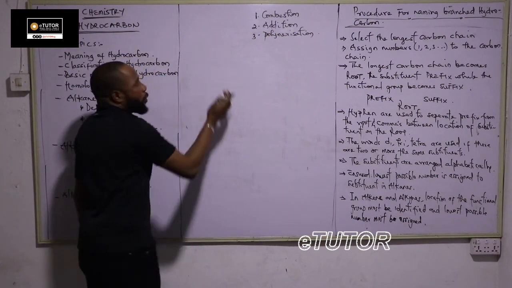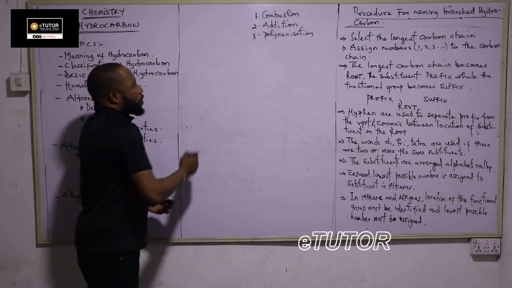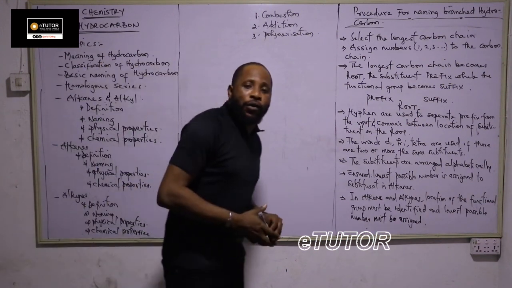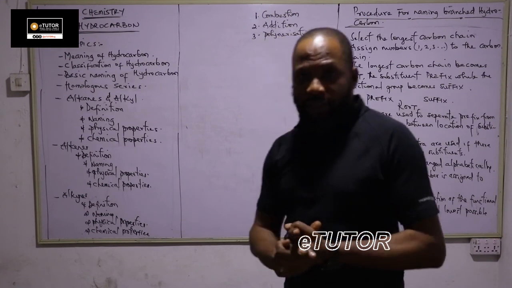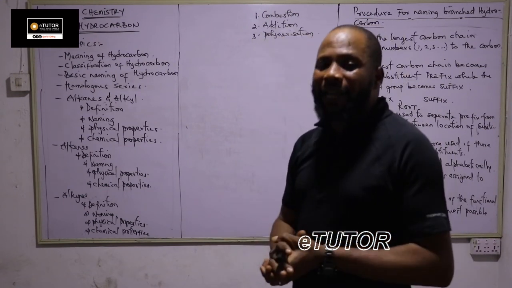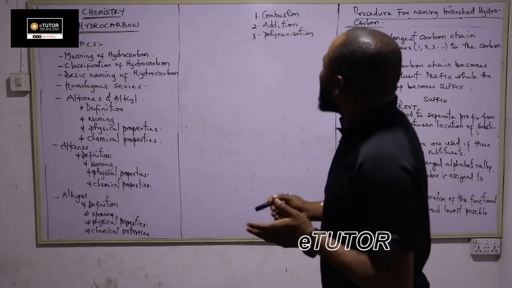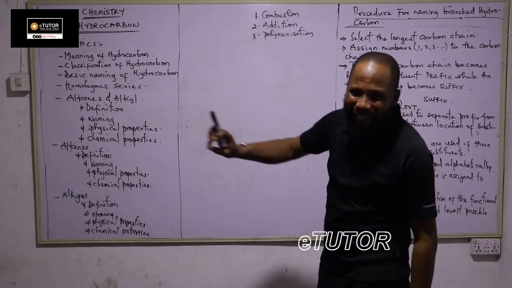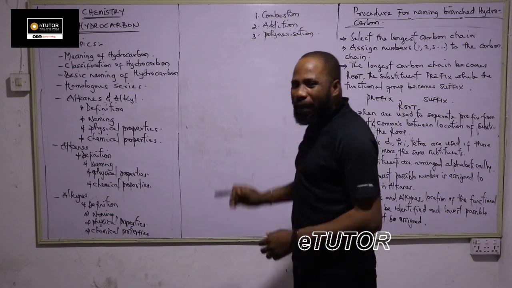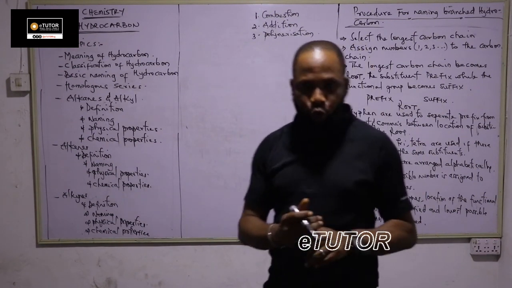The first one, combustion. Combustion simply means burning of an alkene family in the presence of oxygen to produce carbon dioxide and water. The difference between the combustion of alkane and alkene is that alkene burn with little soot,